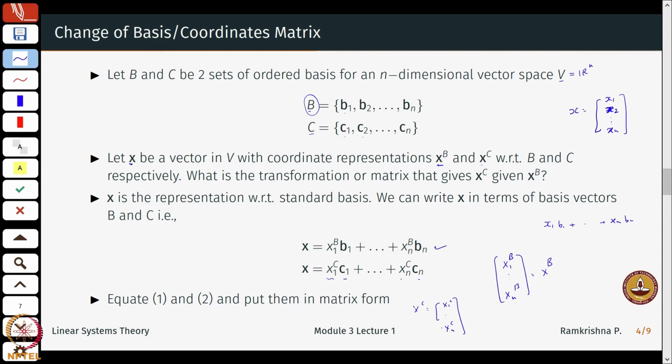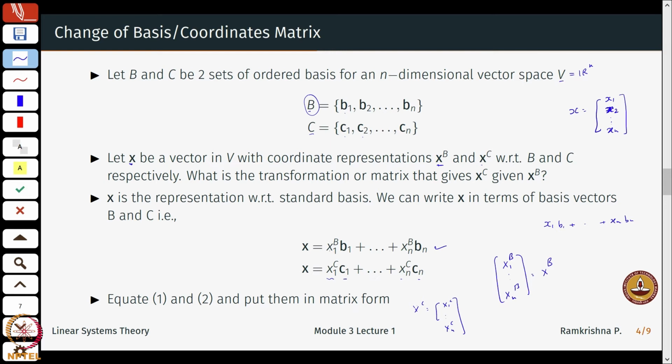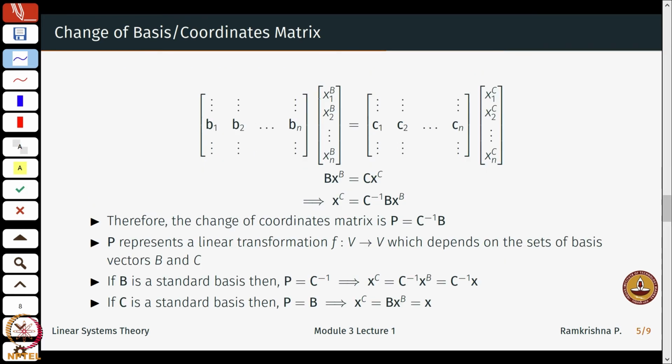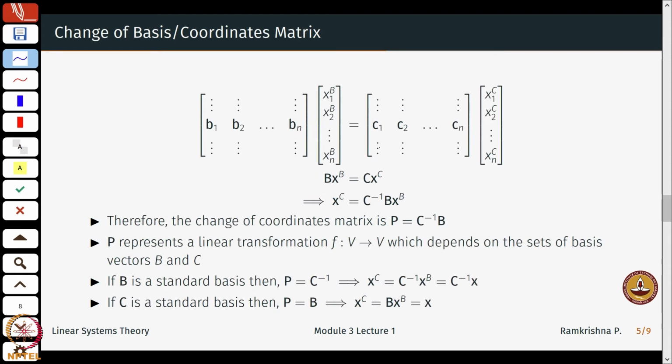Okay. Now, these two are the same vector. If I draw it on a sheet, I think they will look the same. You can check by yourself that these two are essentially the same vectors. Okay. So, in matrix representation, I can write this as b1 times x1 and so on. Similarly with this one. Now, let me call this matrix B and this C. So, what I have here is B times xb, the vector xb, equals C times xc, right, if I just write it in terms of matrices.